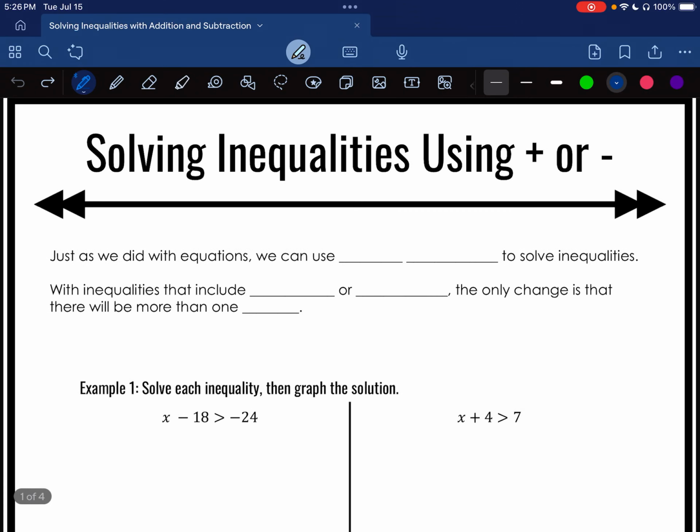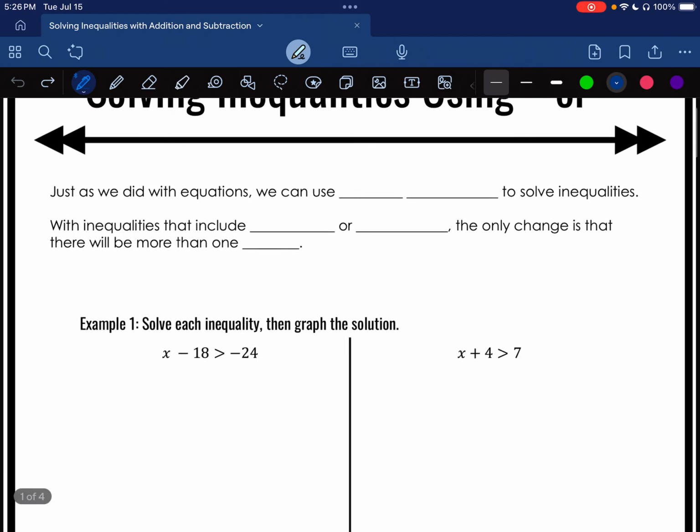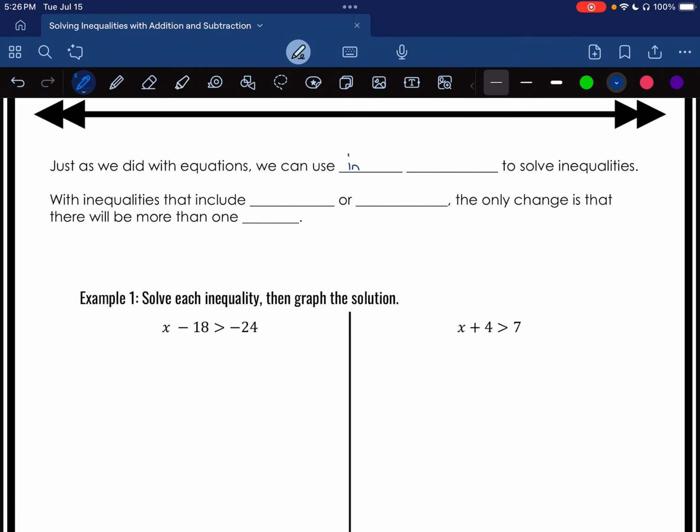So now that we have started working with inequalities, we refreshed our memory on what an inequality is and how that works, we can start to solve them. So just as we did with equations, we are going to use our friends, inverse operations